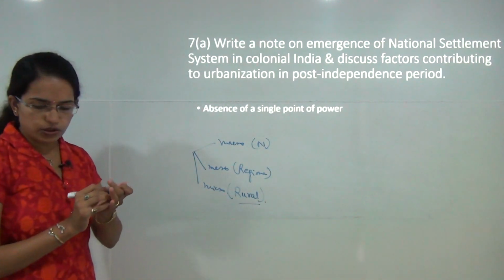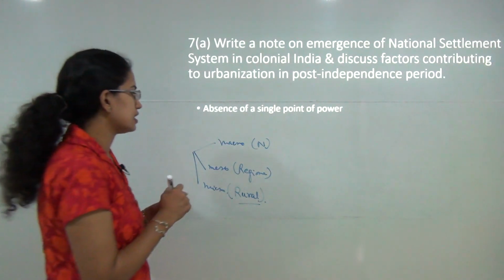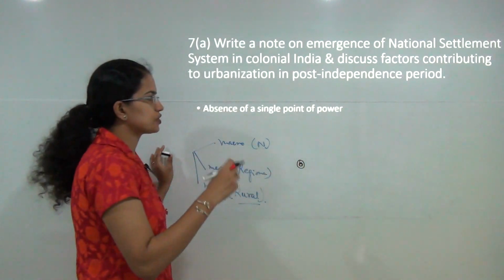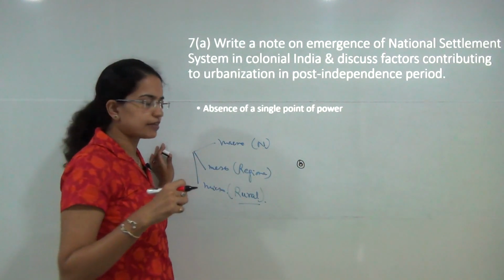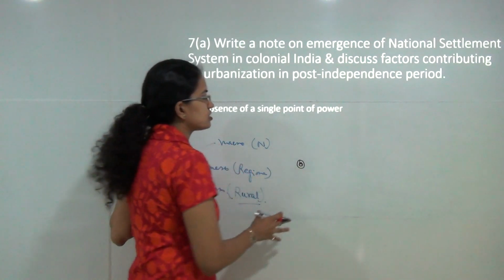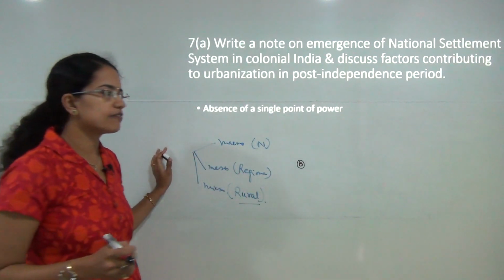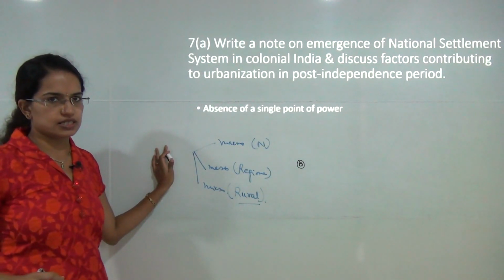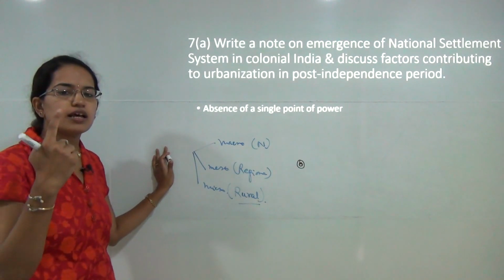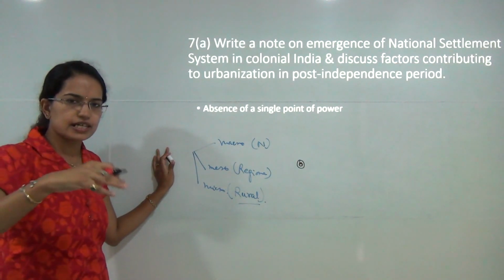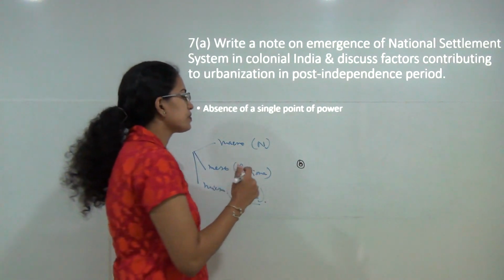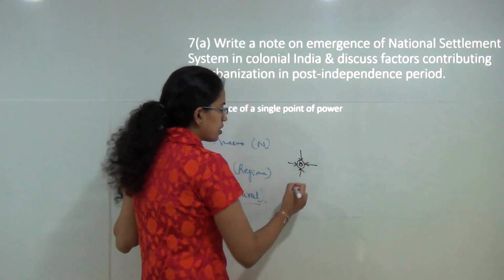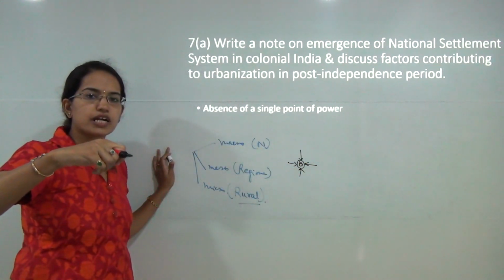Now, what the colonial period was focusing on was basically an idea that there should be no one region which would have a single point of power. That means, under colonial period, there was absence of single point of power and there was a strong regionalization with multiple sub-regional centers that existed. There was not a single big center that was established under the colonial period. The main reason was that under colonial regime, they did not want India to emerge as a power under one hand.